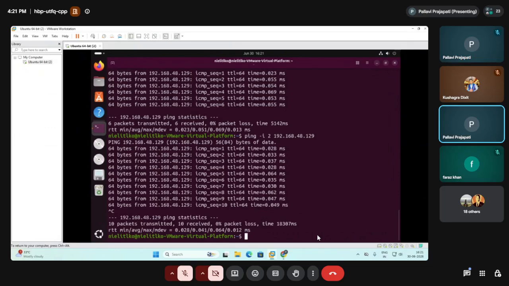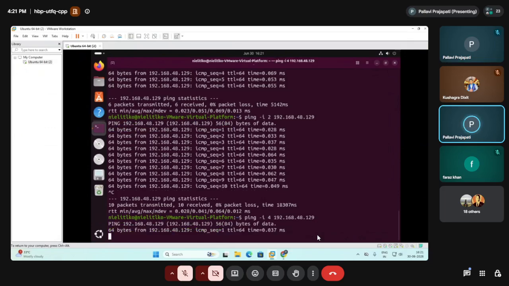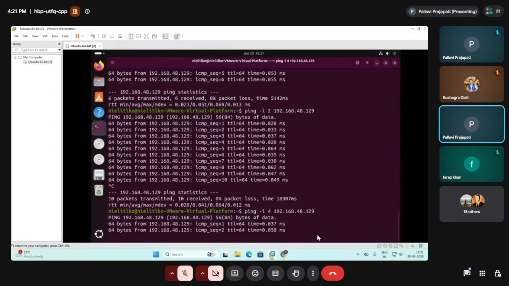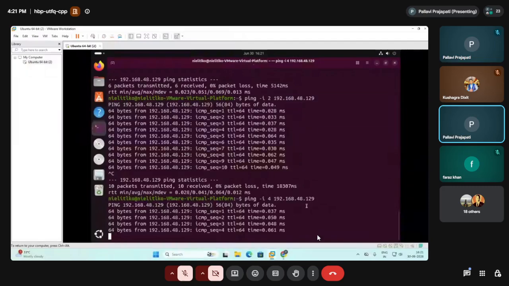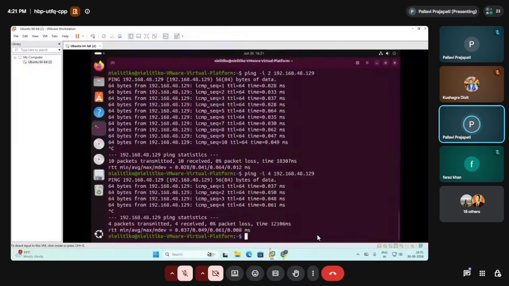You can increase this time so that you can easily see the changes. See, it is waiting for 4 seconds, and after that it will send the second packet.